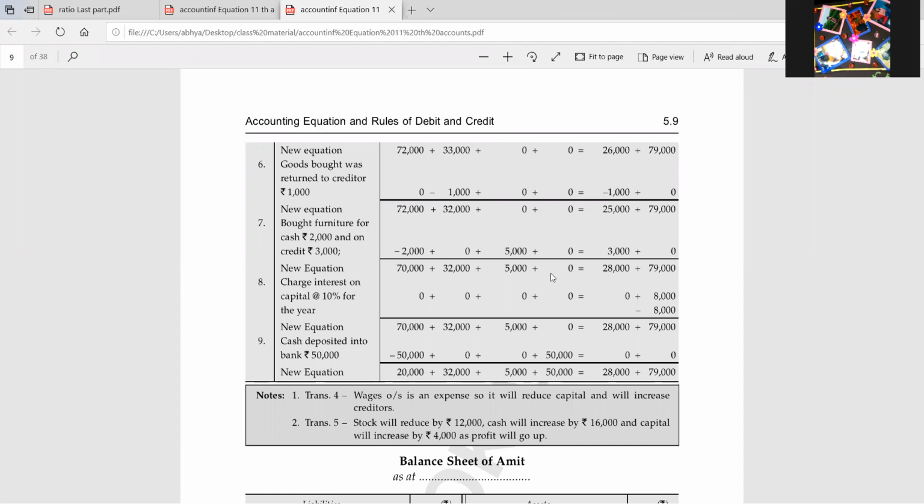So whenever a businessman invests money in his business, then the business, along with the profit, also gives him interest on capital. Because if he is not going to invest that amount in the business, then that much interest he can get from the bank also. He can just keep his money in the bank, and in return he can get the interest.